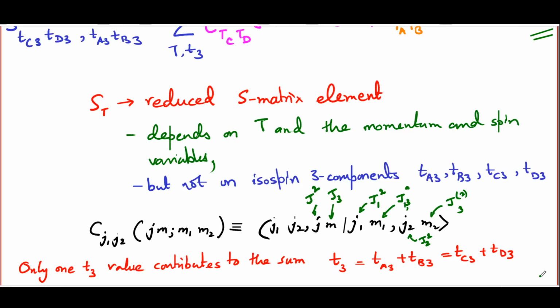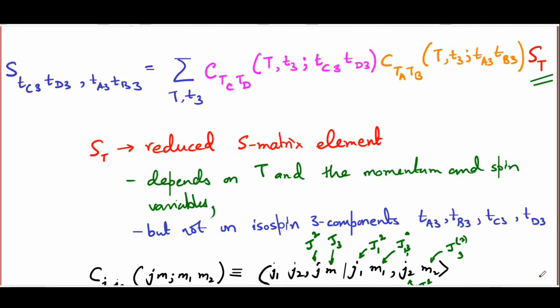Similarly, capital T is restricted to between the sum of TA and TB and the difference of TA and TB. Otherwise, this particular Clebsch-Gordon coefficient would vanish. A similar thing can be said about this particular Clebsch-Gordon coefficient, which ultimately means that for particular cases, this sum may be reduced to a very small number of terms, leading to very important observable predictions about the scattering matrix elements. Now, in Weinberg's book, he just goes and states this formula and does not really elaborate upon this at this stage,